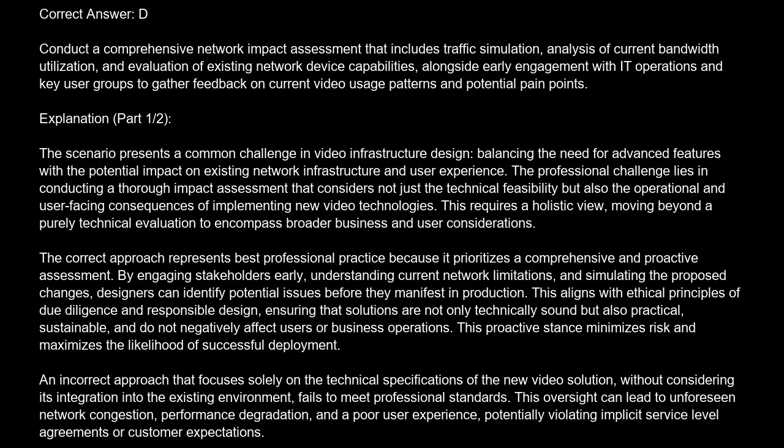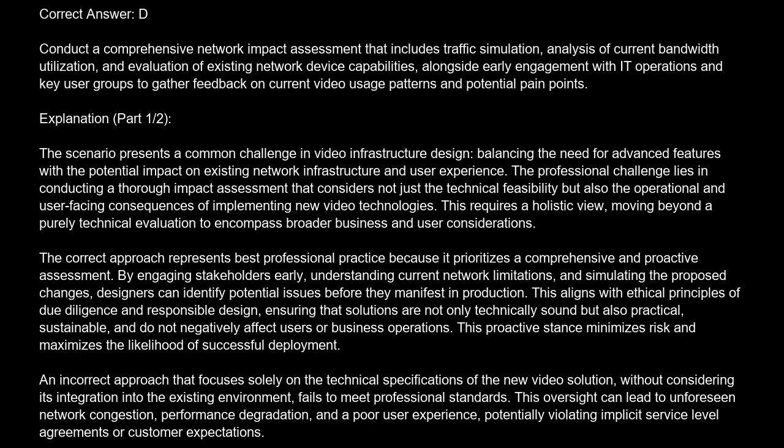Conduct a comprehensive network impact assessment that includes traffic simulation, analysis of current bandwidth utilization, and evaluation of existing network device capabilities, alongside early engagement with IT operations and key user groups to gather feedback on current video usage patterns and potential pain points. Explanation: the scenario presents a common challenge in video infrastructure design, balancing the need for advanced